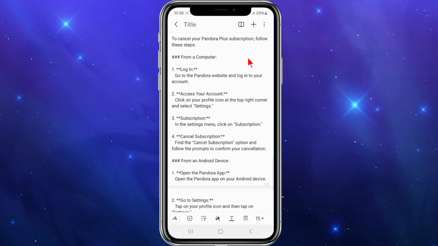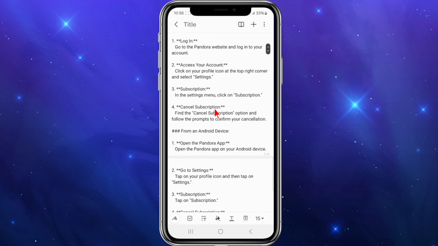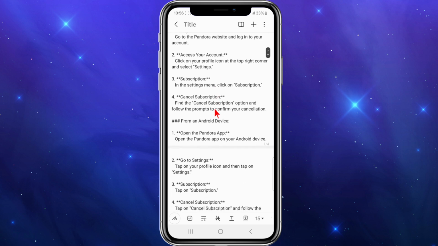Alright, the first way is from a computer. So go to the Pandora website and log in with your account. And then you need to access your account. So click on your profile icon at the top right corner and select settings. And then in the settings menu, click on subscription and then find the cancel subscription option and follow the prompts